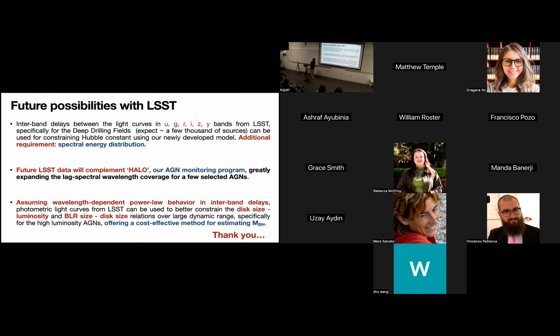So LSST is going to provide light curve data in six filters, that is u, g, r, i, z, y, and we can apply our newly developed model to constrain the Hubble constant, specifically for the deep drilling field, which is expected to provide a few thousand sources, and the additional requirement is the spectral energy distribution. And future LSST data will complement our HALO project,